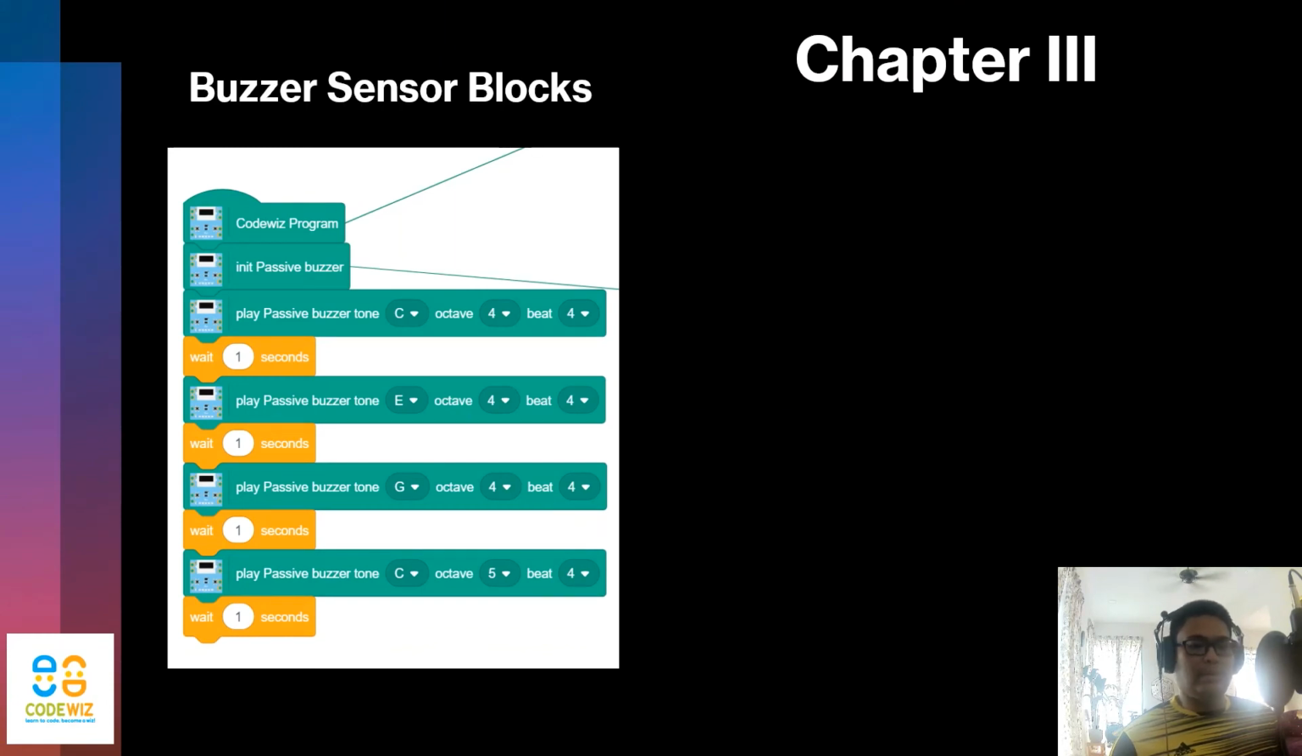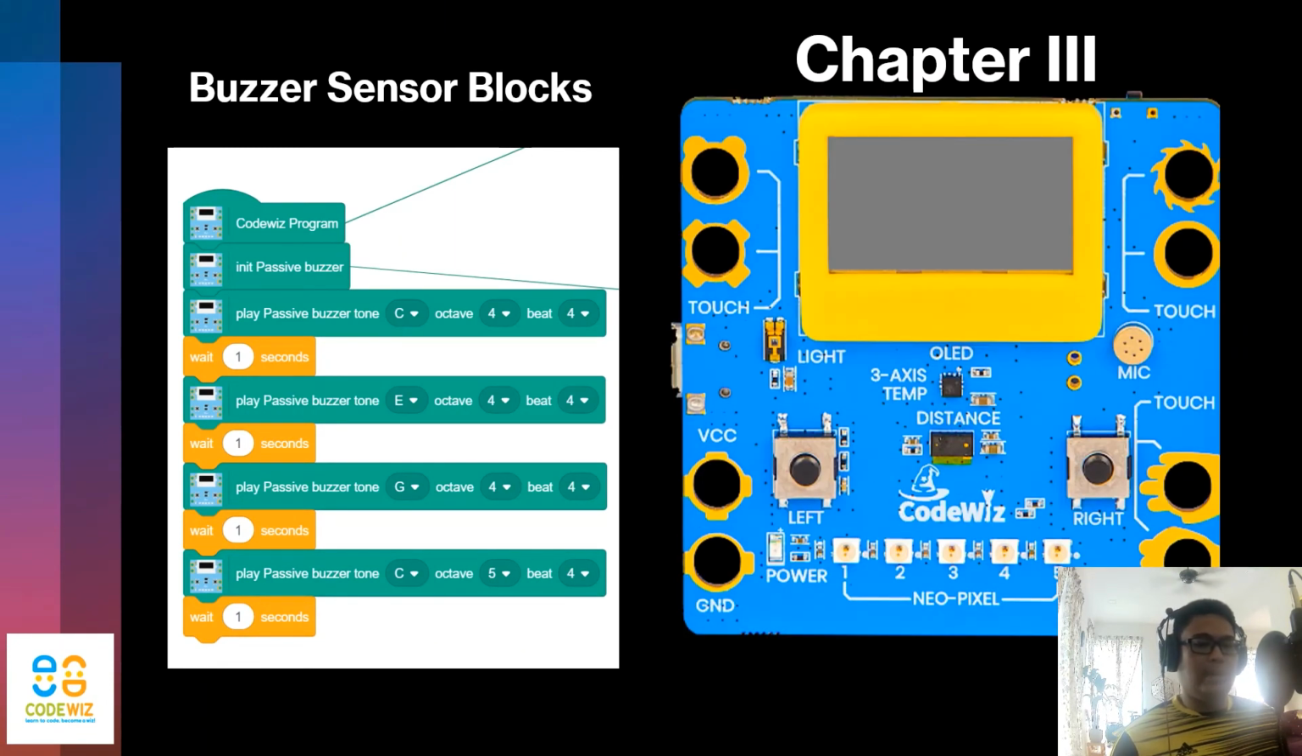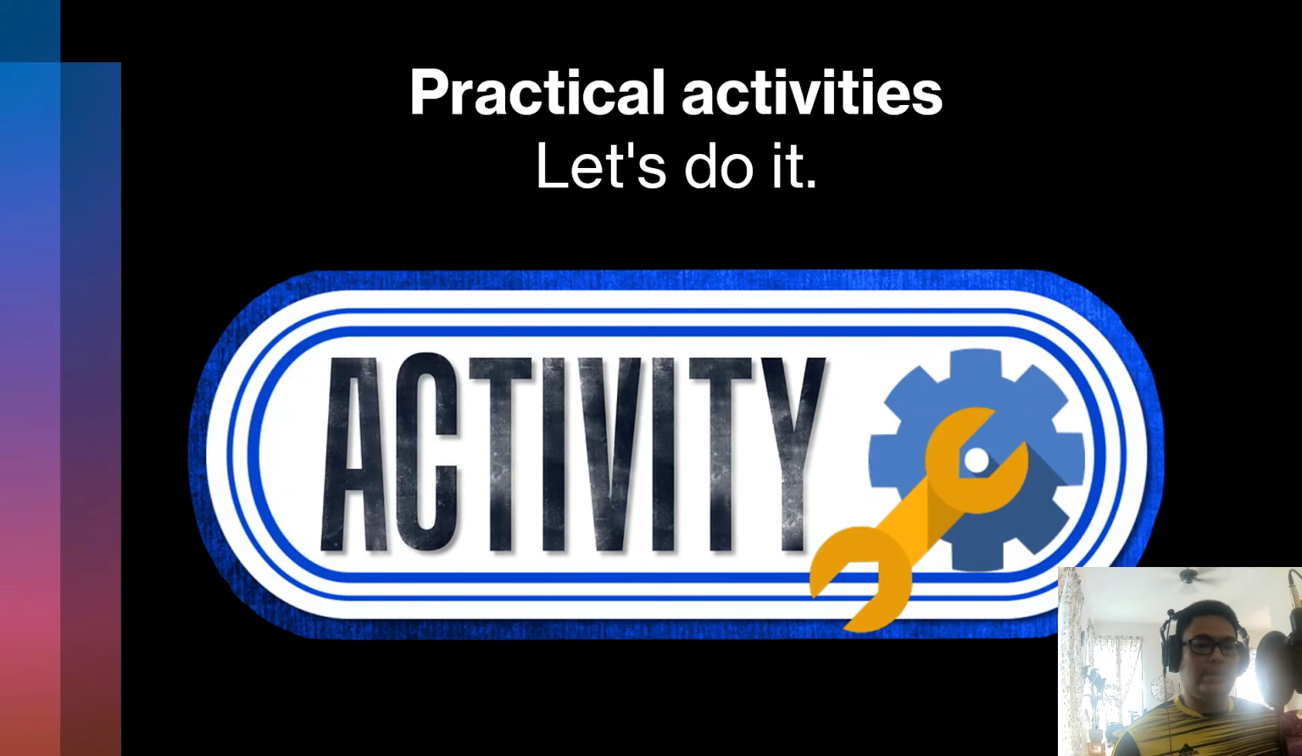Buzzer sensor block. Our code is completed by the buzzer sensor block. For example, when we use the buzzer sensor, we can combine it with our touch sensor or button sensor and various kinds of buzzer sounds. So I will show you on